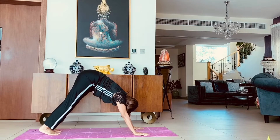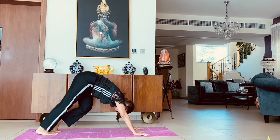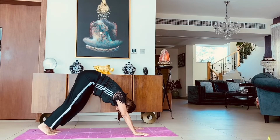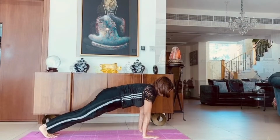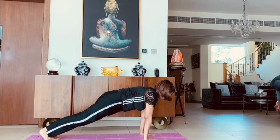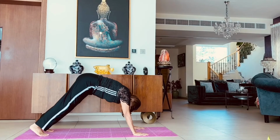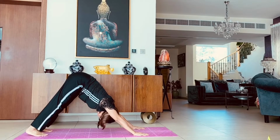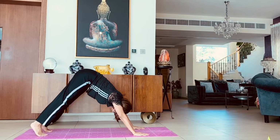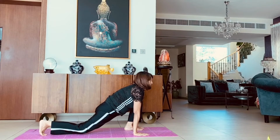Once again in the downward facing dog pose, walk your legs a little bit so that your heels go right down each time. From here we will go into a plank and stay here for a while, breathing, inhaling and exhaling. Put your head in between your arms, pushing back at your navel. Come on your toes and get one step in front of you, and try to start getting up from the runner's pose